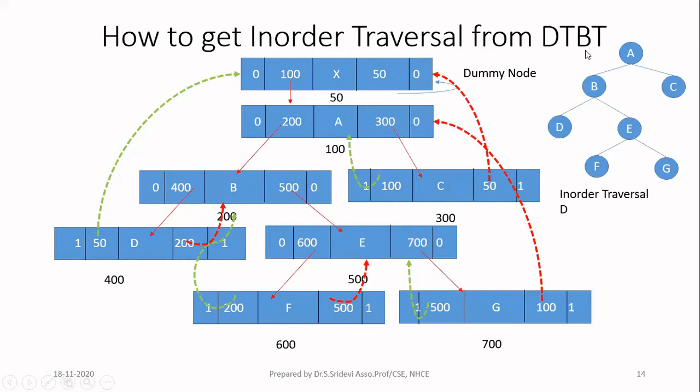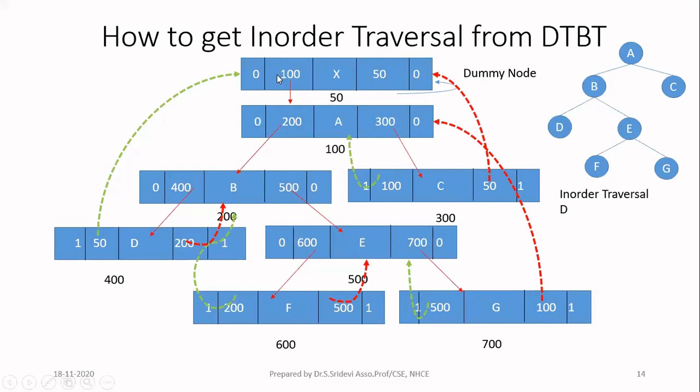I told you that the main advantage of a double-threaded binary tree is that you can perform in-order traversal, reverse in-order traversal, and post-order traversal also. We are going to focus on only in-order traversal. Let's focus on the steps now. First, you will start with the dummy node. The address of the dummy node will be given to you. With that, you travel to the root node of the tree with the help of the left pointer in the dummy node.